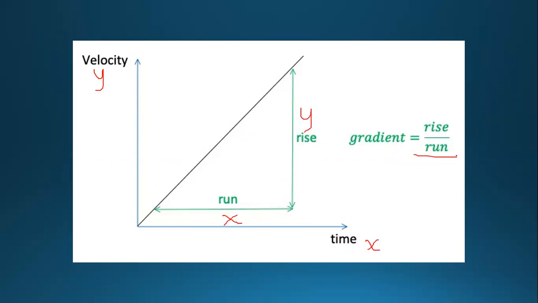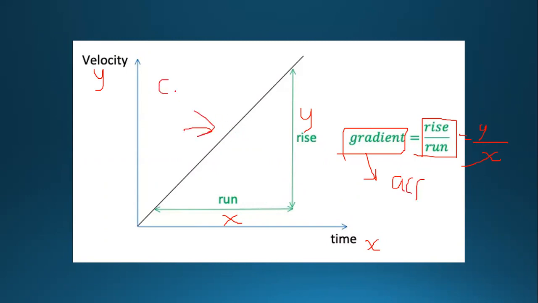When you divide both of them, y over x, y divided by x gives you the gradient, or directly the value of acceleration. Now this one only shows us constant acceleration. ये ग्राफ हमने किसका पढ़ा हुआ? This shows constant acceleration. So if at any point, whether you choose this point, whether you choose this point, whether